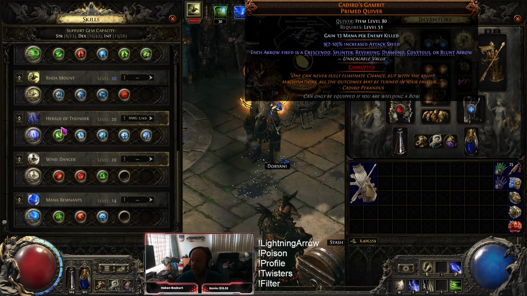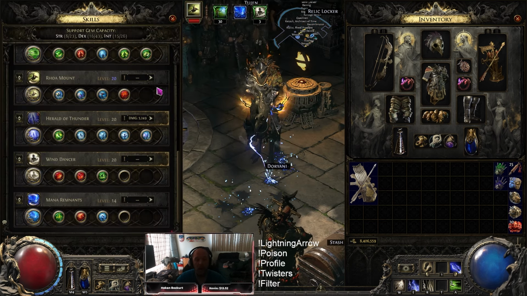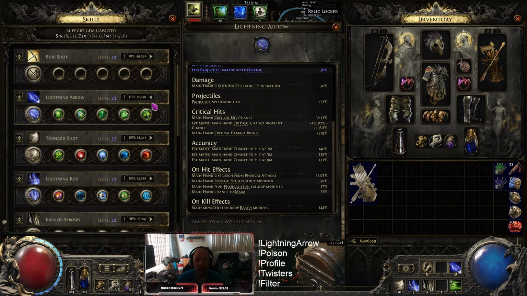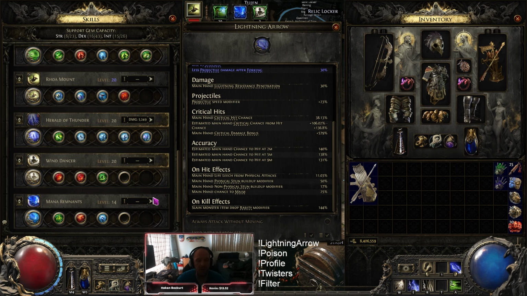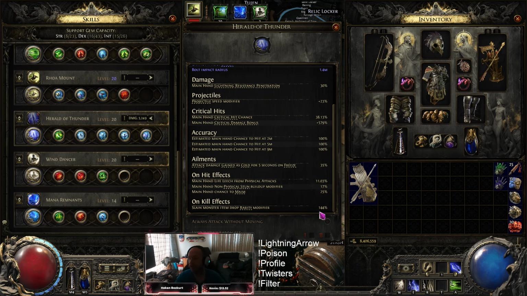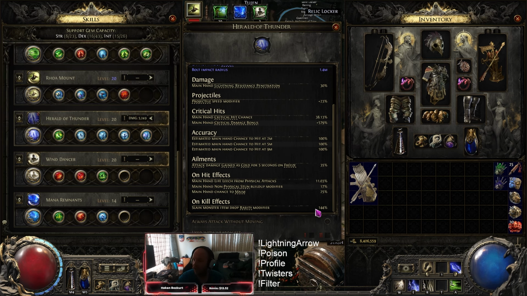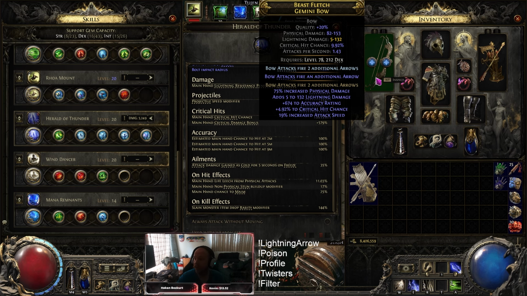I want as many chances for that to hit as possible. And your Herald of Thunder is going to be based solely on your player item rarity. So whatever your rarity is on your actual character is what it'll be based off. So I have 144 rarity on my character. So that's the amount of rarity that if Herald of Thunder gets a kill, that's how much I get based on the kill. So I didn't want anything, and that's another reason why your bow needs to be very, very